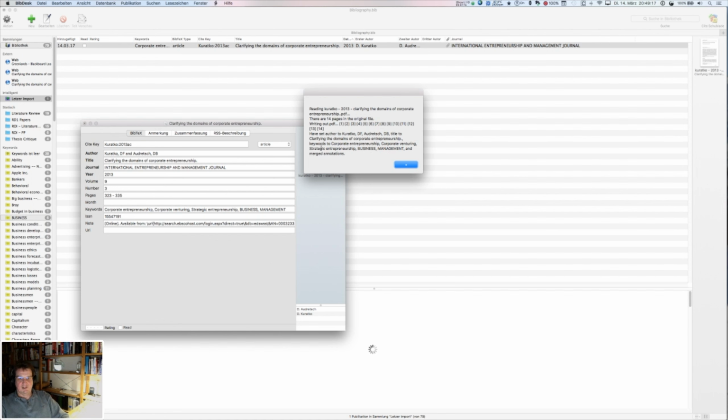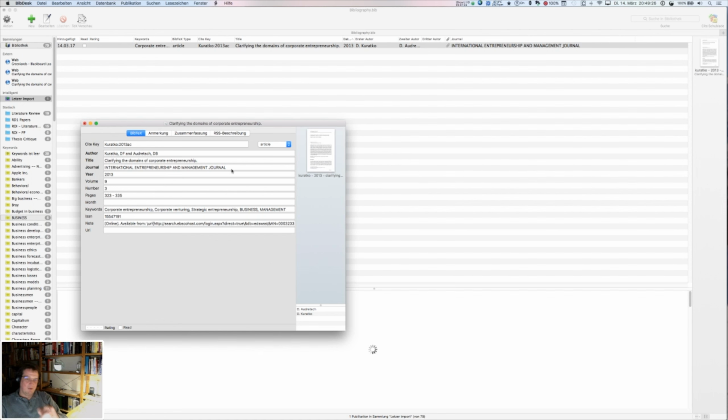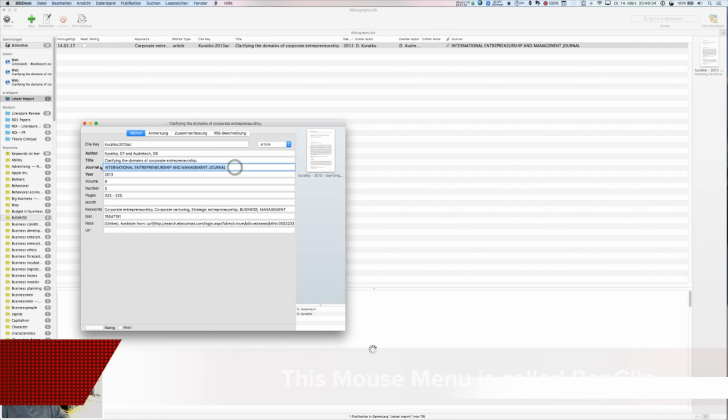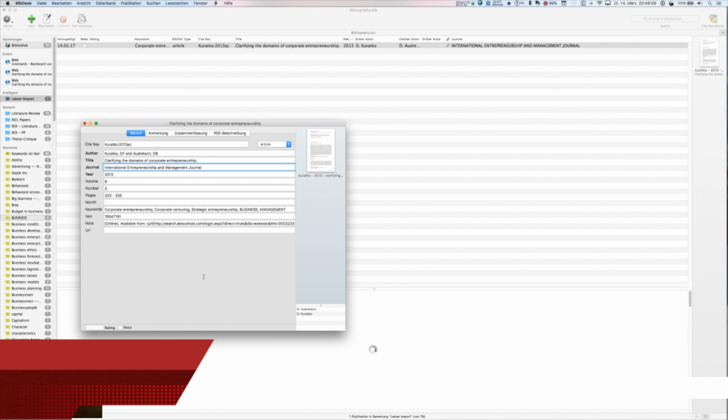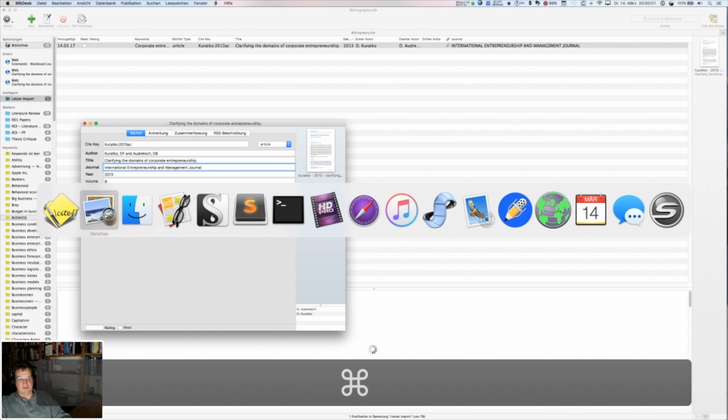And here you can see what it has just done. One thing that I've also noticed just before while I was staring at this was the journal name. It's just capitalized, which I don't like. So just fix that, just mark it. There's a little tool on the Mac called PopClip where you can do certain things easily, like so. Right, so just to check back again, let's go now to our